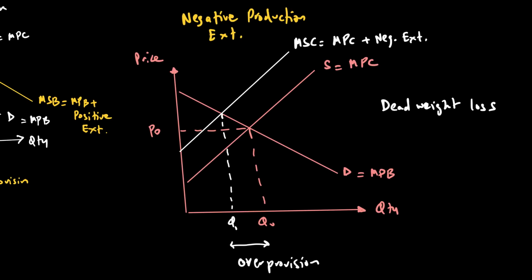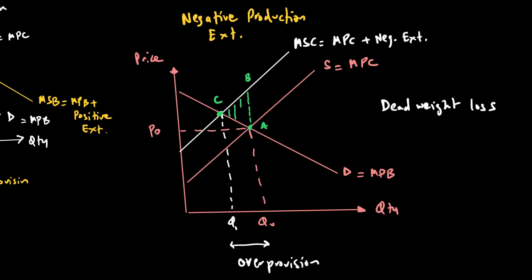The dead weight loss of this over provision is simply that. At Q0, this is the private cost, this is the social cost. At this quantity, there is no externality, right? If I look at this, let's call it point C. At C, there is no externality. But at A, there is an externality equal to A to B, which means all this